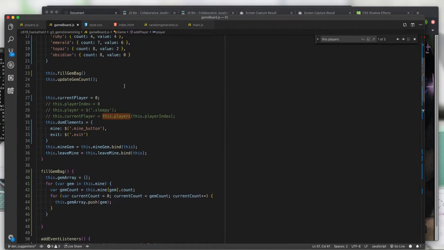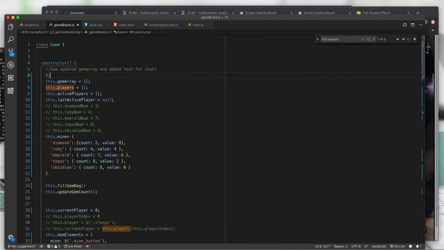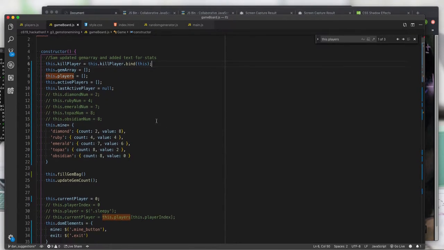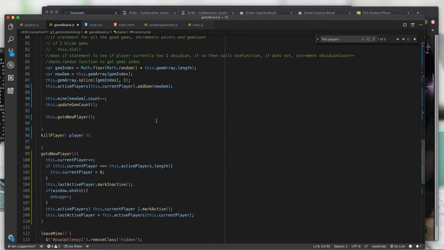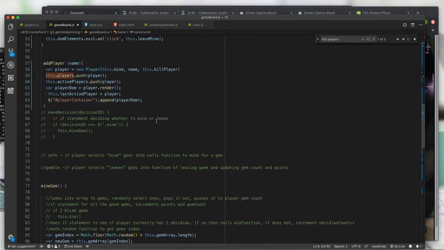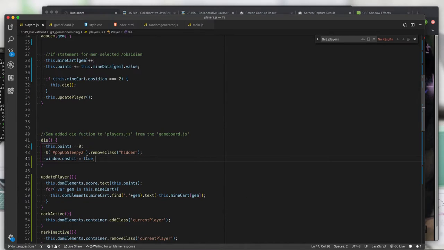And up here we're gonna put this dot kill player is equal to this dot kill player dot bind this. So we're gonna pass this kill player function into the player up here as a callback. So when the player gets killed, in player dot die, we're gonna say